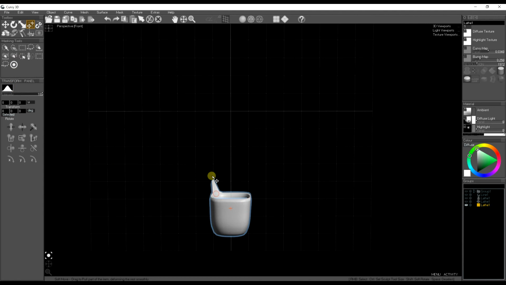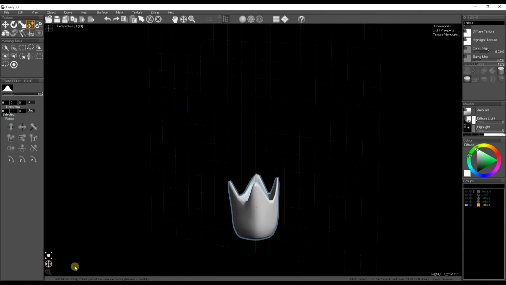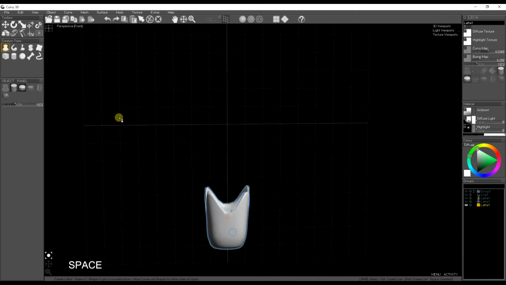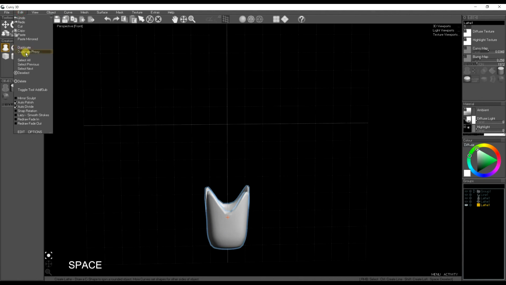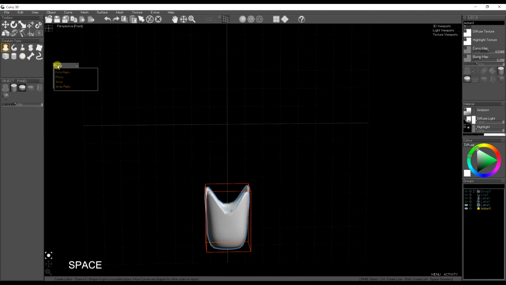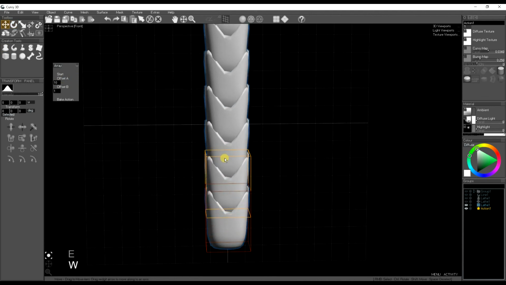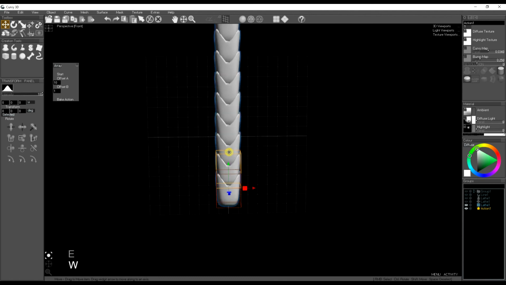Again, soft move tool with a slightly pointy shape. Dragging up to shape the segment. So there we have one segment, and there could be more detail in this segment. It could be like covered in dragon scales or a lot more detail, but this is quite a simple shape. And then I'm